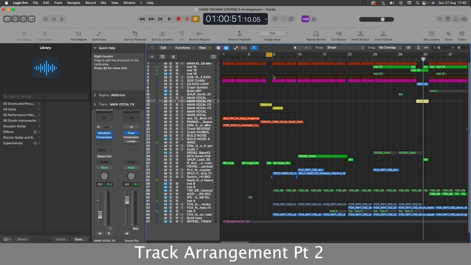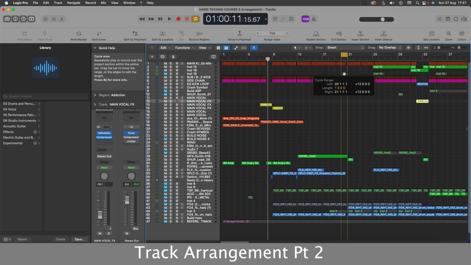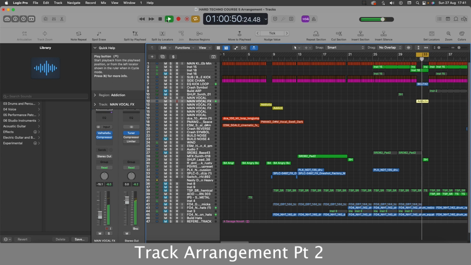As you can see here, I've taken a few sections of the kick sequence out to match the drop sections in the reference track. For example, this one, and then we have one here, just small sections, and then a larger one here where I actually introduce the main vocal sample. Addiction. Again, matching the actual reference track. We know the reference track arrangement works well in this genre, so I'm sticking to it closely, but it's not actually dictating my creative decisions.